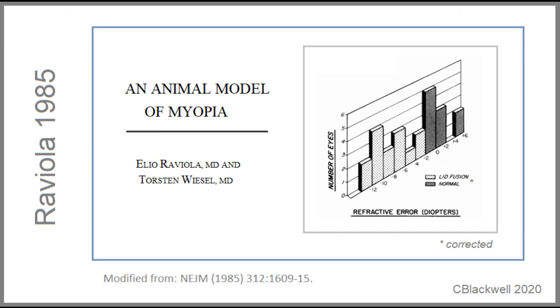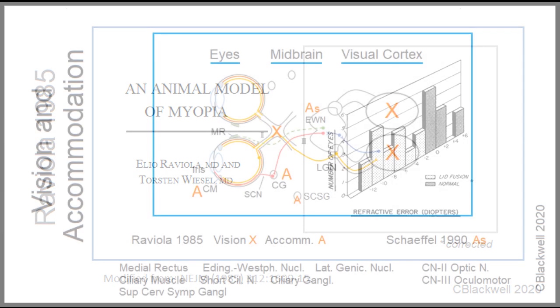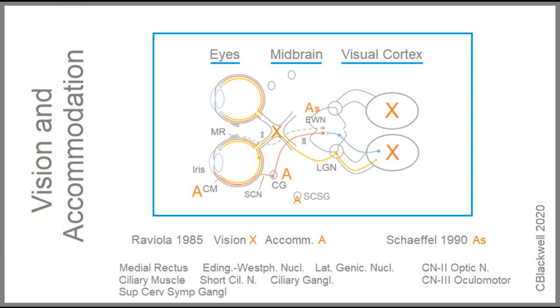Way back in 1985, these researchers reported a set of experiments that tested the connection between accommodation and myopia. Working with monkeys, they lesioned multiple sites to interrupt the incoming visual pathway and the outgoing accommodative pathway. No lesion outside the eyeball affected their ability to induce myopia. This is noteworthy because it means eye growth control is contained within the eye, and because there is strong evidence against accommodation as a cause of myopia.